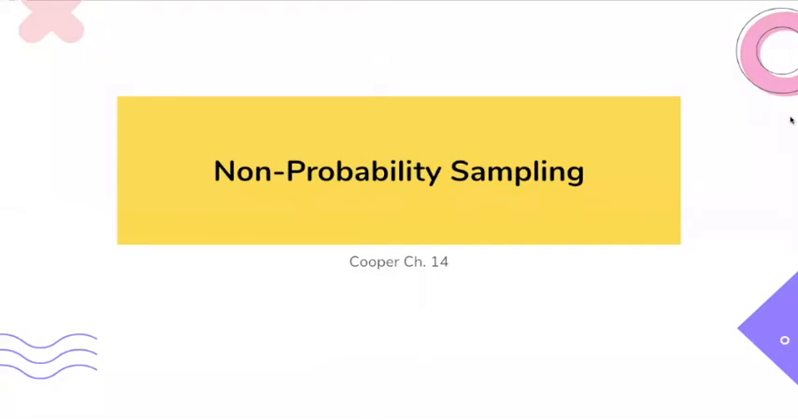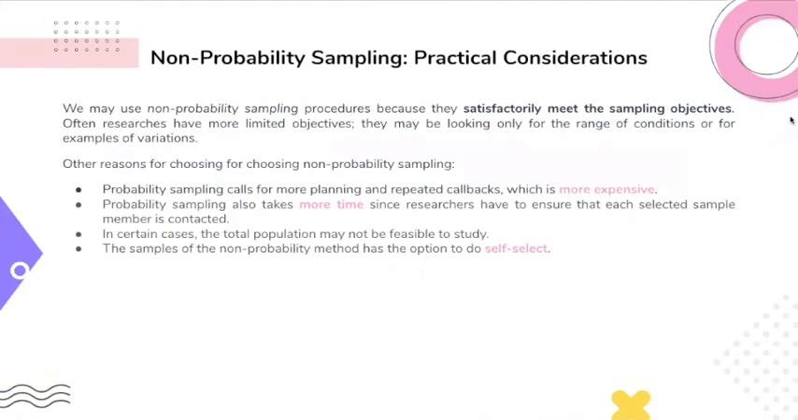Okay, and lastly, I'm going to explain non-probability sampling as written in Cooper chapter 14. I believe the Sekaran book has a slight difference, which I'm going to explain next. First, I'm going to